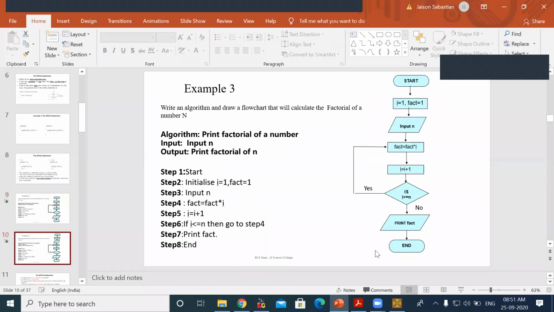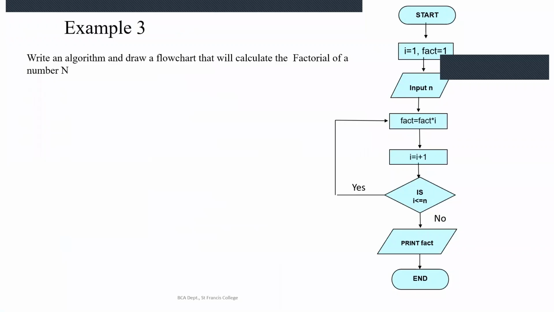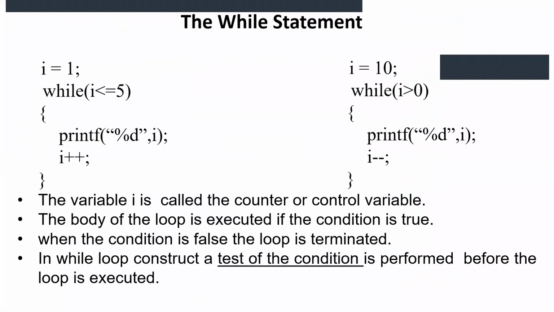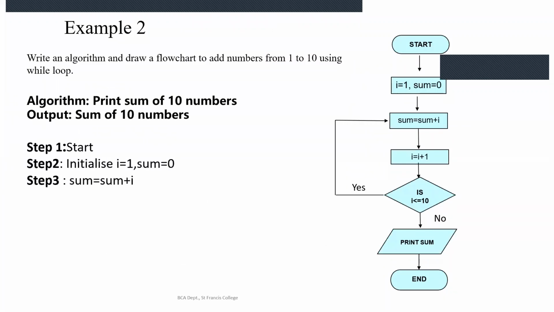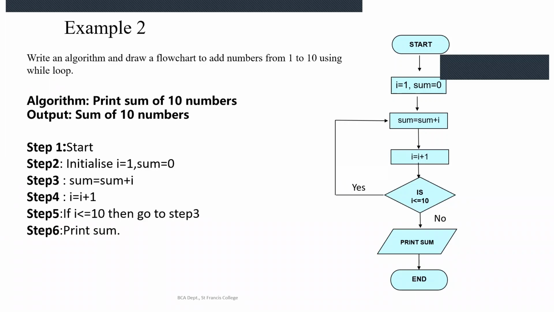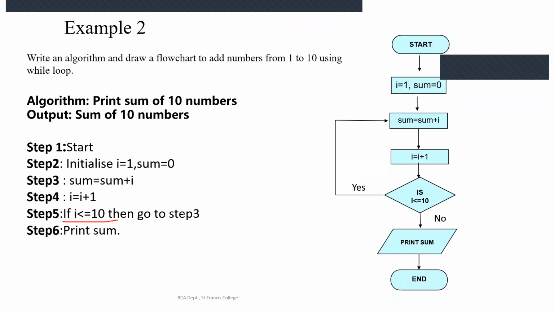Now we will move on to the next program, which is write an algorithm. Or you have to try that program. Anyway, you have written the algorithm, right? So this will be the algorithm. The same thing we are making into a program. Only thing is, as I had told yesterday, algorithm and flowchart is not specific for any programming language. We are not seeing any syntax. So here we will be checking this if condition, that is the decision box statement that is given over here. But we are using while loop.